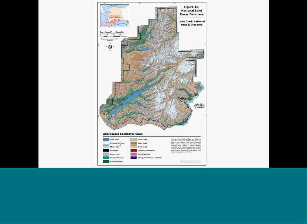underlying layers. And so for the land cover, there is a base layer as part of the park GIS of a Lake Clark land cover map. It was put together in the mid 1990s, I think. And the flaw in this data, from our perspective, was that, just from the era it was from, there was some spatial offset when you compared against some of the base layers, particularly the orthorectified imagery. So our base layers are a lot better now,